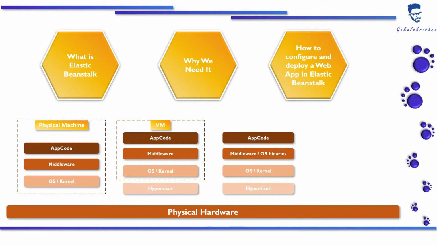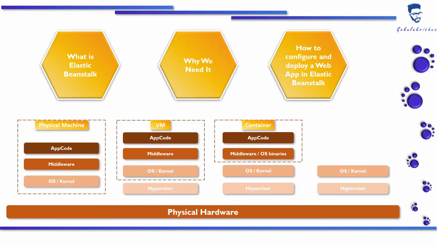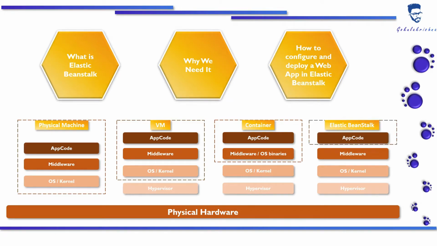You can see in all these major methods you should install and manage the operating system and middleware environment, but from these methods Elastic Beanstalk is a little different, because here the physical hardware, hypervisor, operating system and the middleware environment are managed by AWS itself. You don't worry about the underlying infrastructure, you just develop your code and directly deploy it in Elastic Beanstalk. Just like web hosting providers like GoDaddy and Hostinger, you just upload the code or integrate your Git repositories.